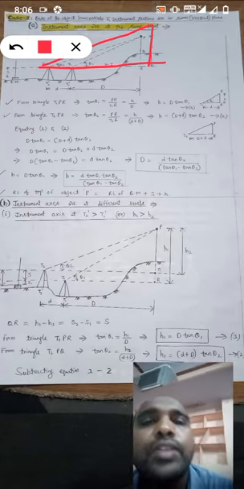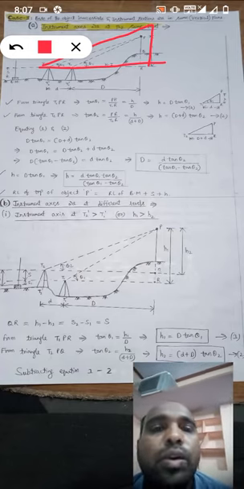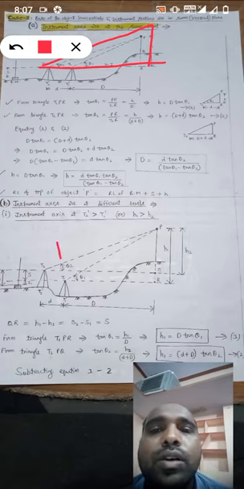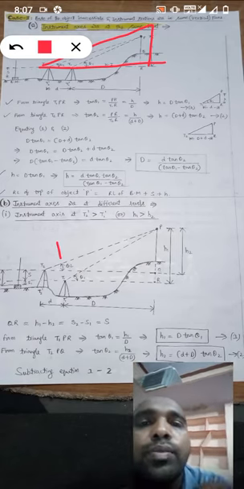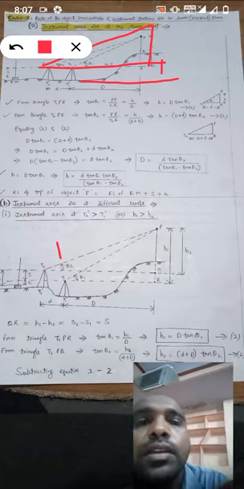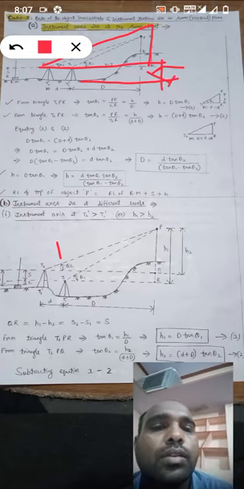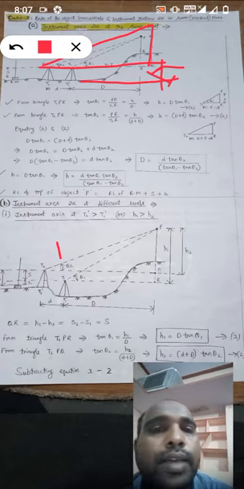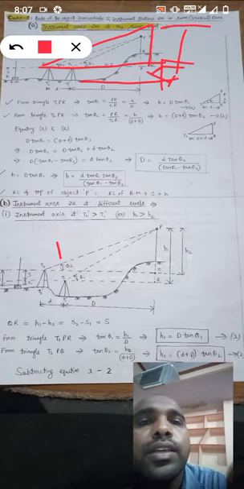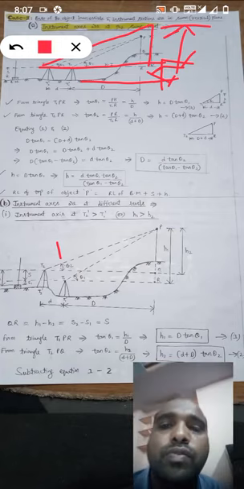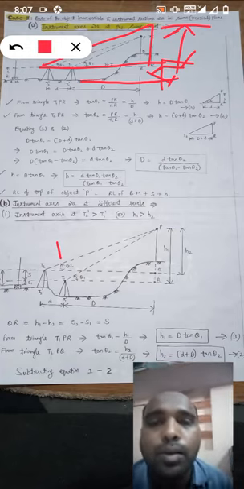So equating equations 1 and 2, finally we will get D equal to small d tan theta 2 by tan theta 1 minus tan theta 2. So finally we get H equal to D tan theta 1. So RL of object equals RL of benchmark plus backsight plus height of the object. So this is the process to find the RL of the top of the object P.